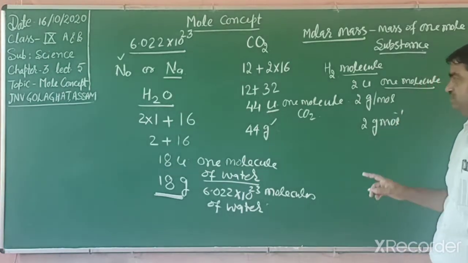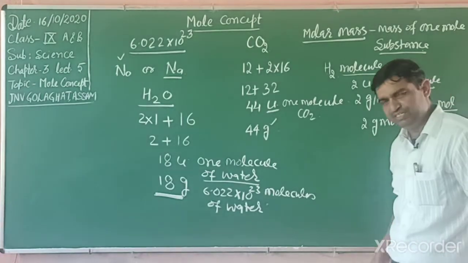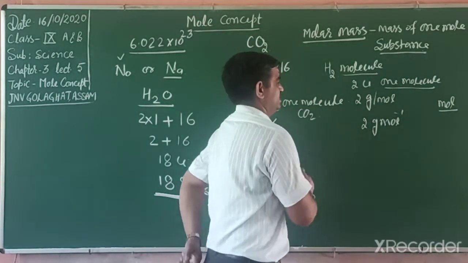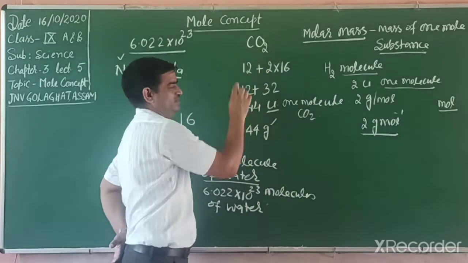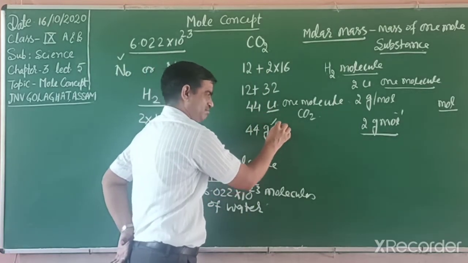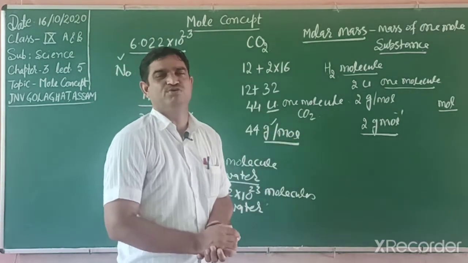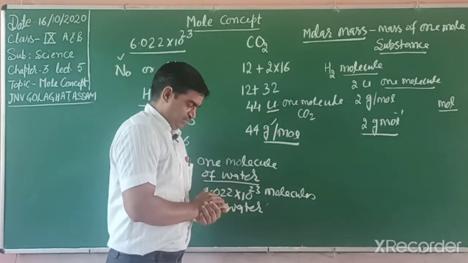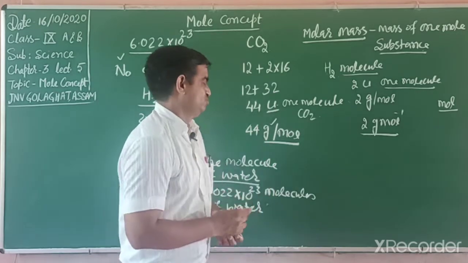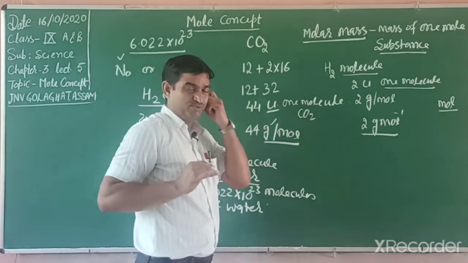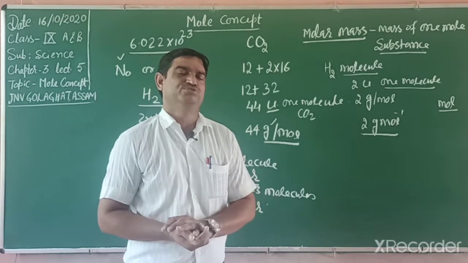When we write the unit, we write only mol, not mole. Friends, we write the unit mol. So this is the unit. In a similar way, the carbon dioxide unit is 44 gram mole inverse or per mole. You can write either gram by mole or gram mole inverse. Now we explain how we can find the mole. Students, for mole there are 2 types of formula. One we can find by mass, or the other by number of molecules or particles.